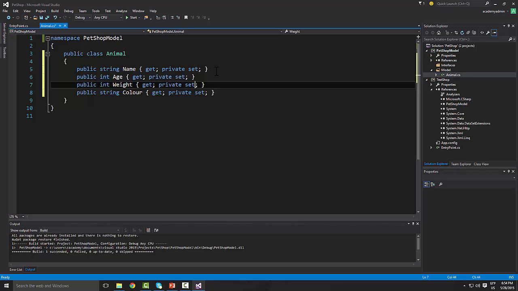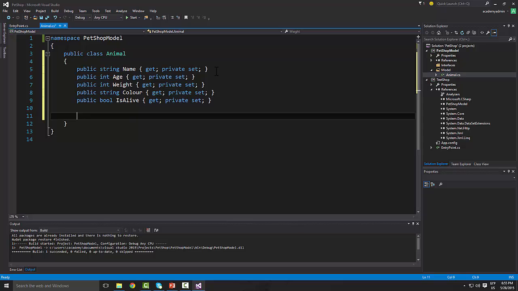Speed is 0. Let's do some methods then. Okay, I wanted to do something else. So public bool is alive. Okay, now please some methods. Eat. Okay, let's say public void eat, or make it a string, eat, and we are going to take food,